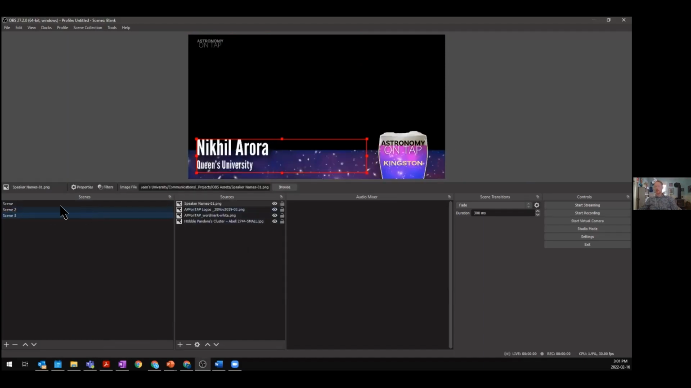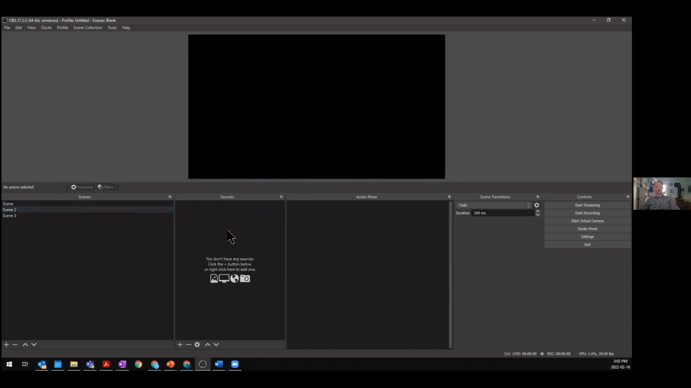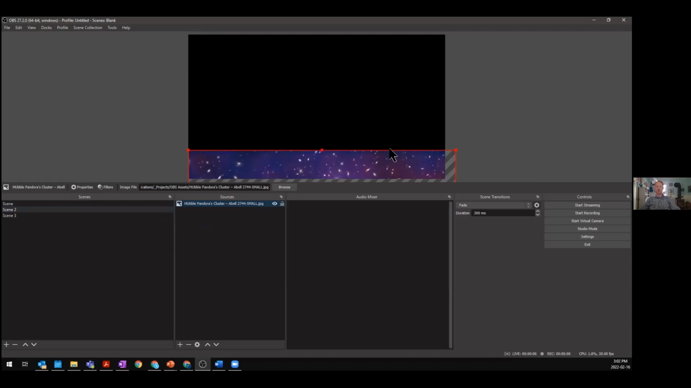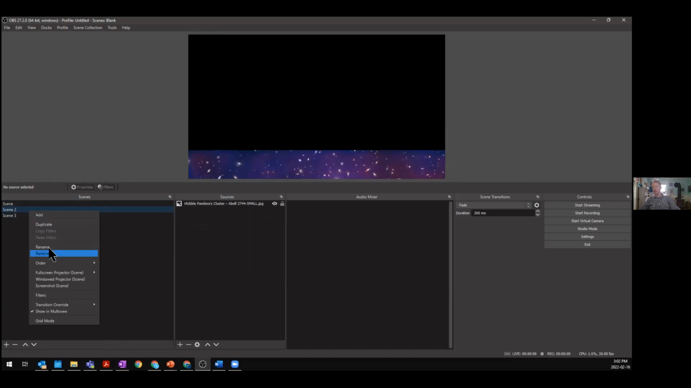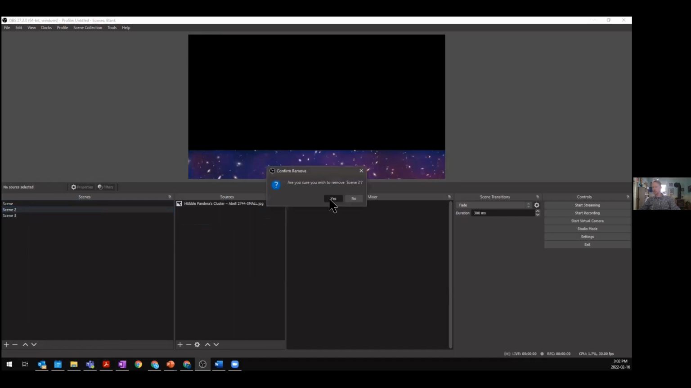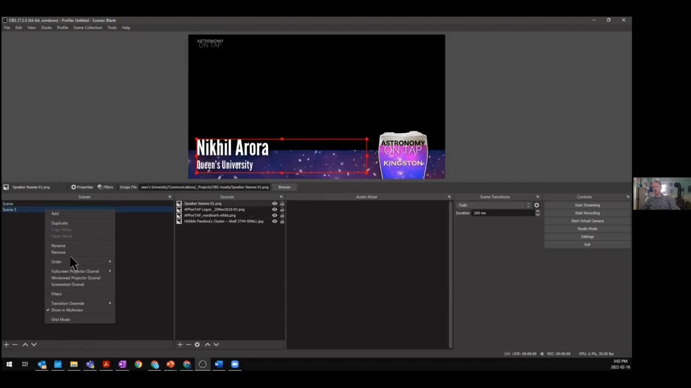You can also copy things from one scene to another. So these are the sources that are visible in this scene. If I just want this backdrop and go to scene 2, I can paste it into scene 2 and it will appear in the same place. And yeah, so let's delete these other scenes. We'll remove this,